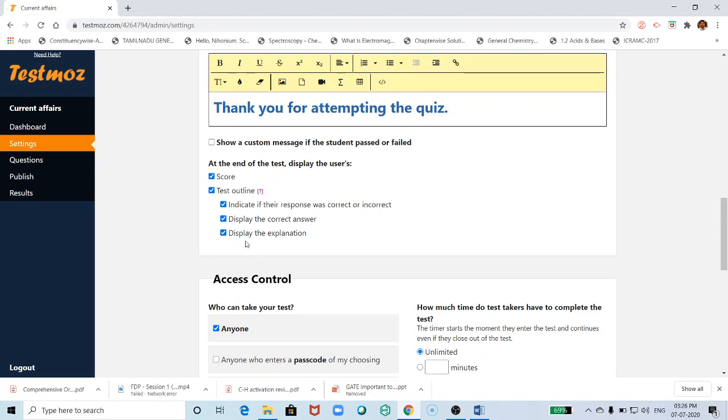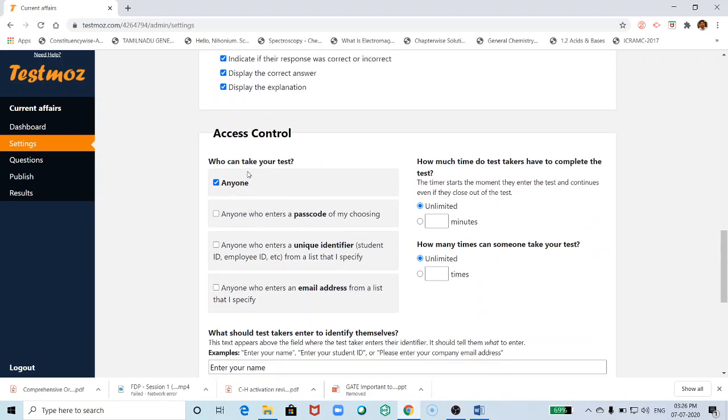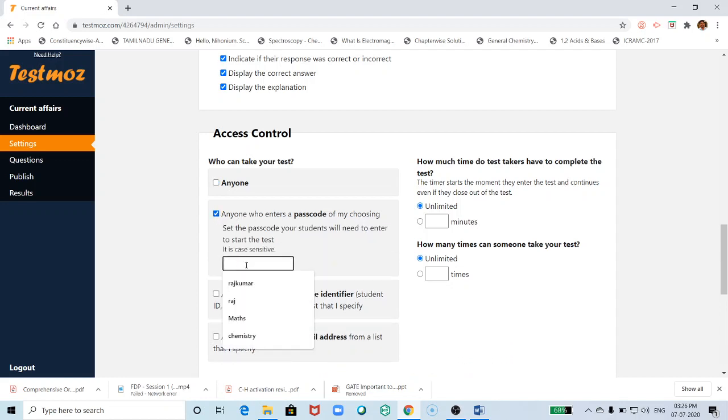Here, who can take your test: if you click anyone, then with that link anyone can take part in this quiz, or you can customize. Here, anyone who enters a passcode of my choosing: click this, and you can give any passcode. Here I am giving test.